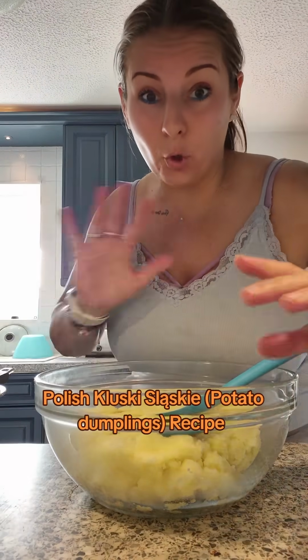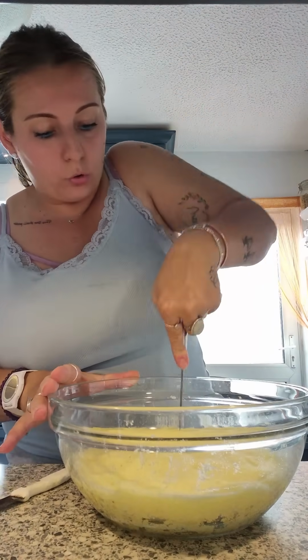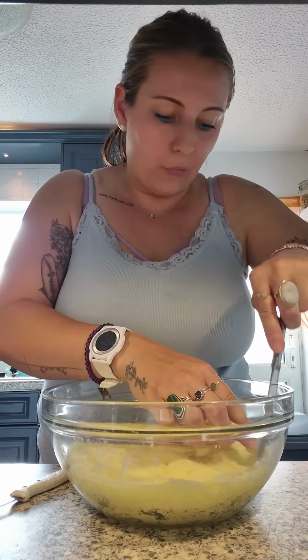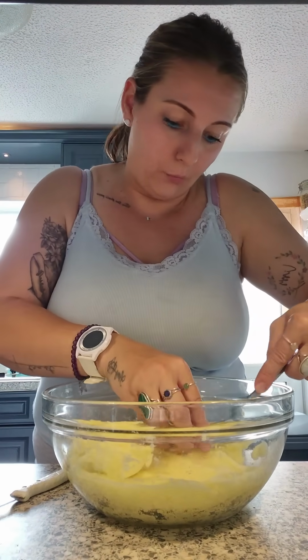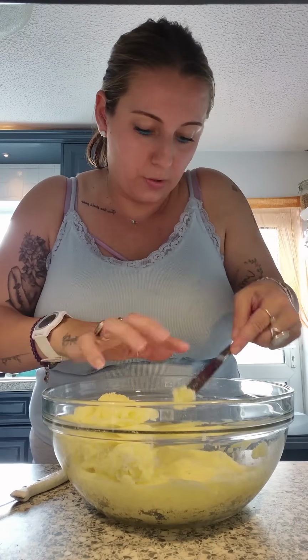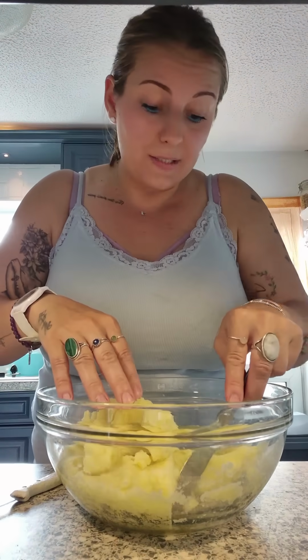And now you're going to let them cool. Okay, so now when the potatoes are cooled, I sort of press them into the bowl so they're flat. I'm going to cut it into 4. And now you're going to scoop out a quarter of the potato and put it on top of the rest of the potatoes. So you've got a quarter empty here, as you can see. And you're going to fill this hole